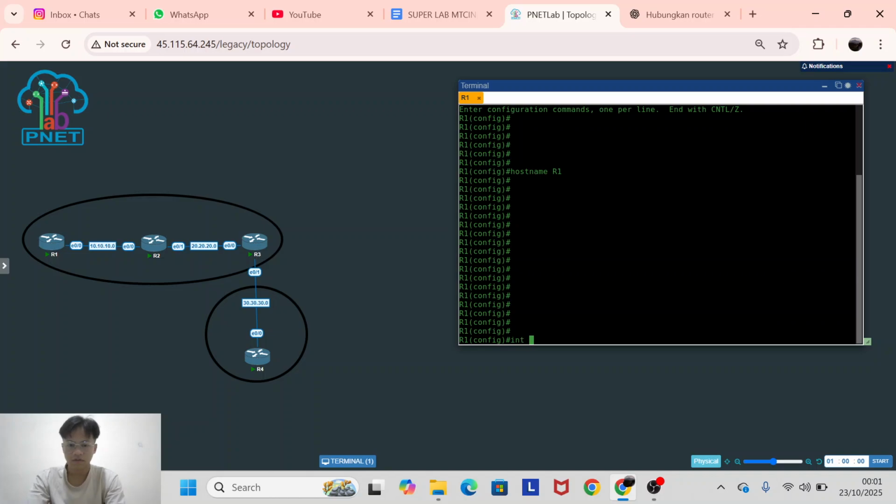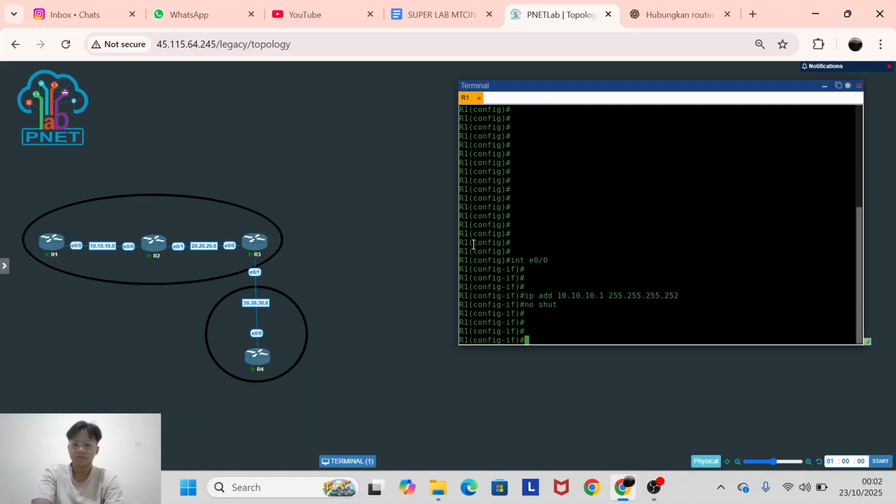You can use interface, which one is Ethernet 0/0, like this. You enter and you can write your IP address, 10.10.10.1 for router 1. Cisco does not use a prefix, so you must write your subnet with a subnet mask. I use prefix slash 30, like this. And you can write no shutdown to save it.